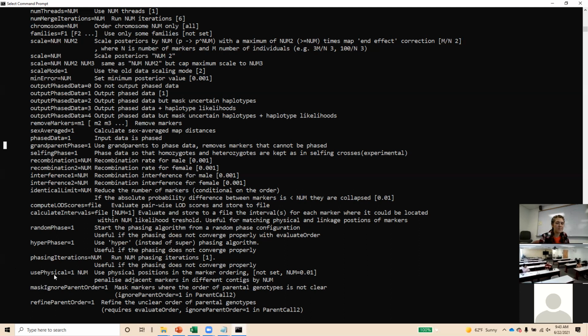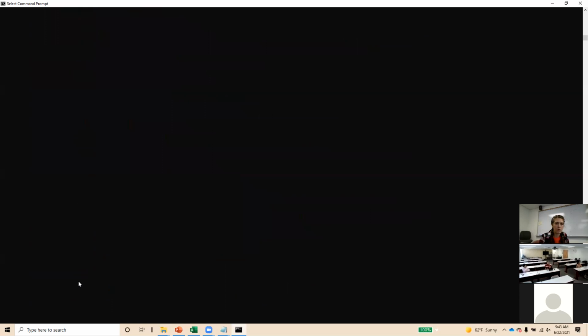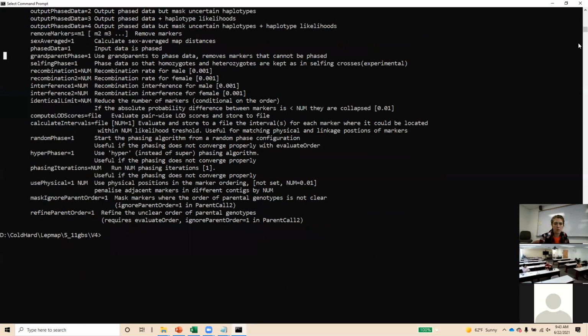Mask ignore parent order. Occasionally, if they're not converging properly, I'll turn it on. And again, a refined parent order is not something that I use. Okay,